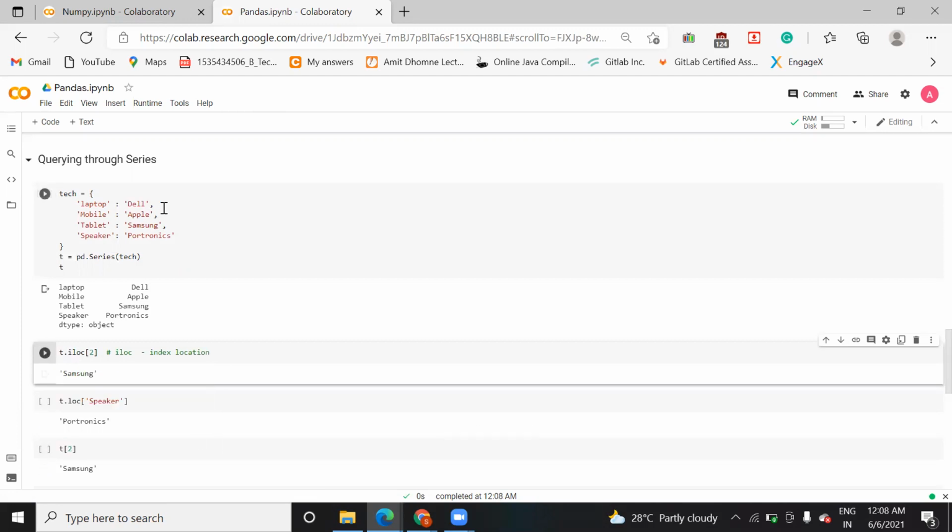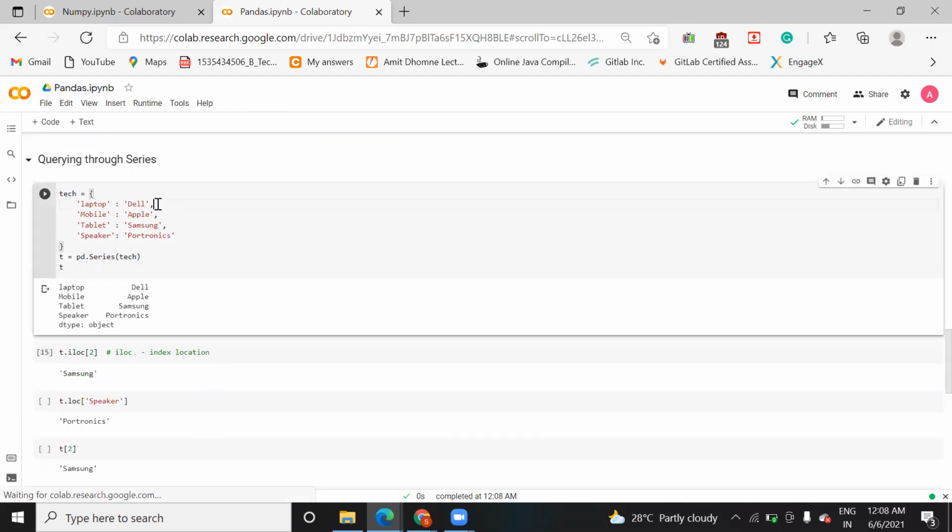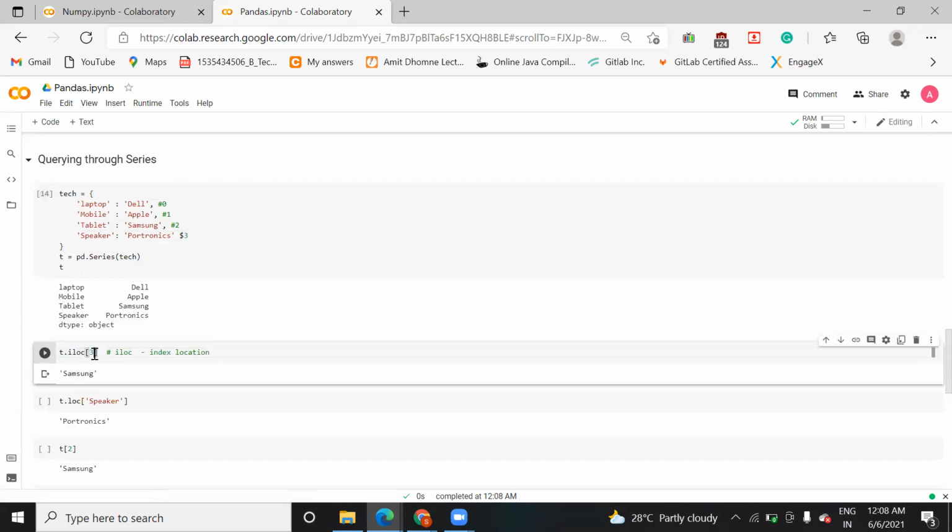So here you see index 2. The first value has index 0, the second value has index 1, the third value has index 2, and the fourth value has index 3. Index starts from 0. So suppose I pass 3 here, what value should it give? See here. These values have an index, just like in an array you might have studied in Java and C, or in an array in Python also. All these elements are saved in memory based on some index.